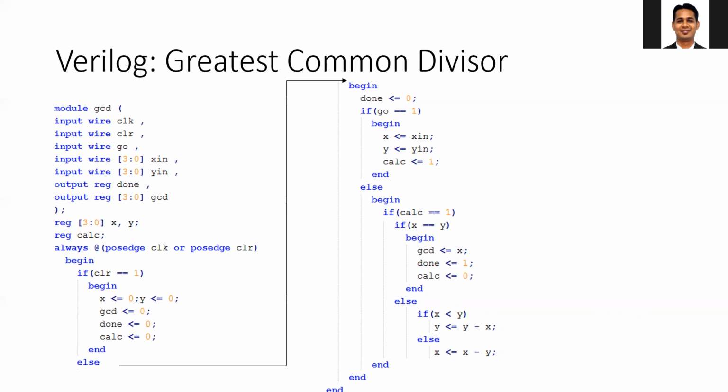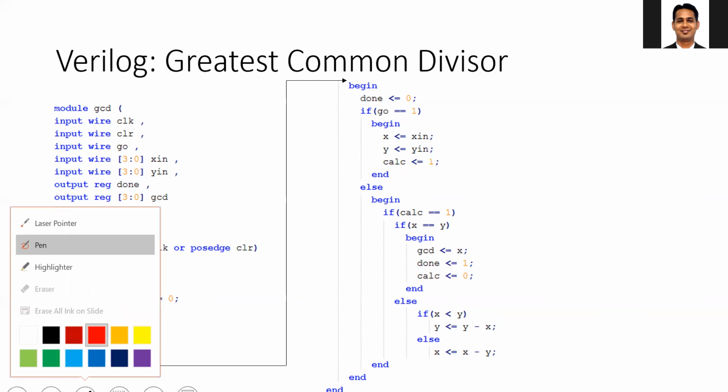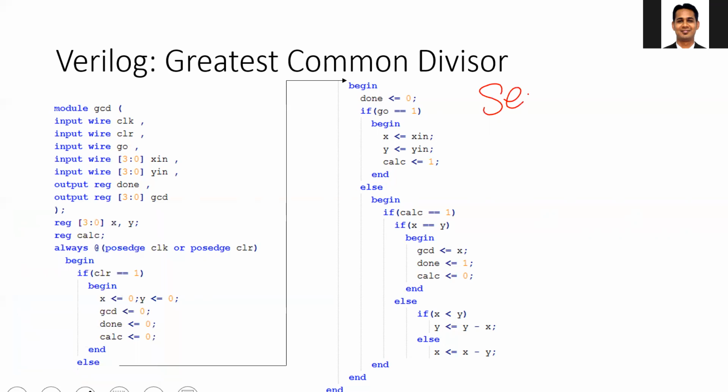The first thing is that the student, instead of implementing a combinational circuit, implemented a sequential circuit. Why a sequential circuit? Because you can't define the number of iterations in advance, so you need to dynamically define the number of iterations. You need to take the decision at the end of every iteration whether to continue to the next iteration or not. And if you are going to continue, you need to save the current state of your circuit in memory, and that's why you need a sequential circuit and not a combinational circuit.